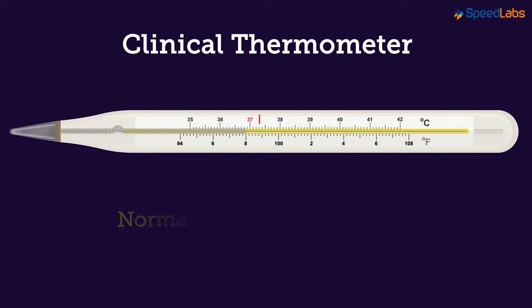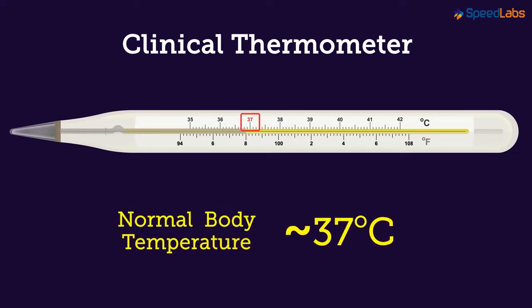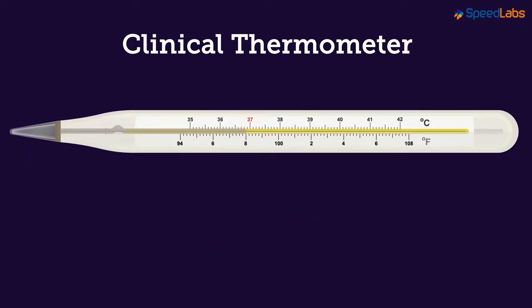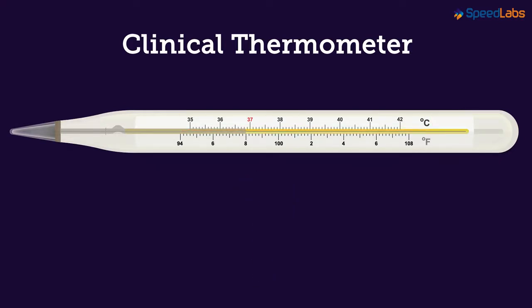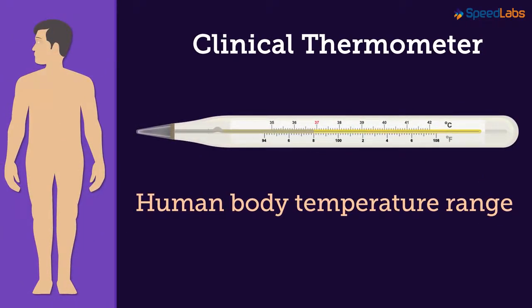Did you know that 37 degrees Celsius is considered as the normal body temperature? Generally, the temperature of a human body is close to this reading and may not be exactly 37 degrees Celsius. Let me ask you a question here. Why is the scale of this thermometer limited to this range? Well, that's because the temperature of the human body normally does not go below 35 degrees Celsius or above 42